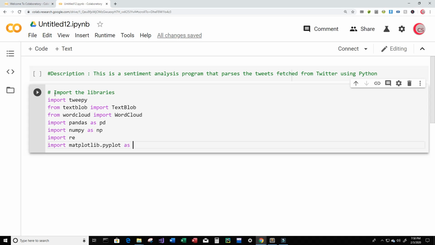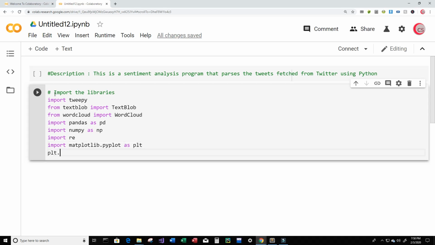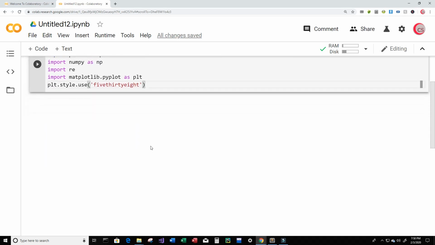matplotlib.pyplot as plt, and we're going to give our plot a style, so type plt.style.use, and we're going to use the 538 style. Next, I'm going to run this cell by clicking this button here to the left, and we're just checking to make sure that there are no errors with these libraries. And it doesn't seem to be the case, so let's go ahead and scroll this up and let's create a